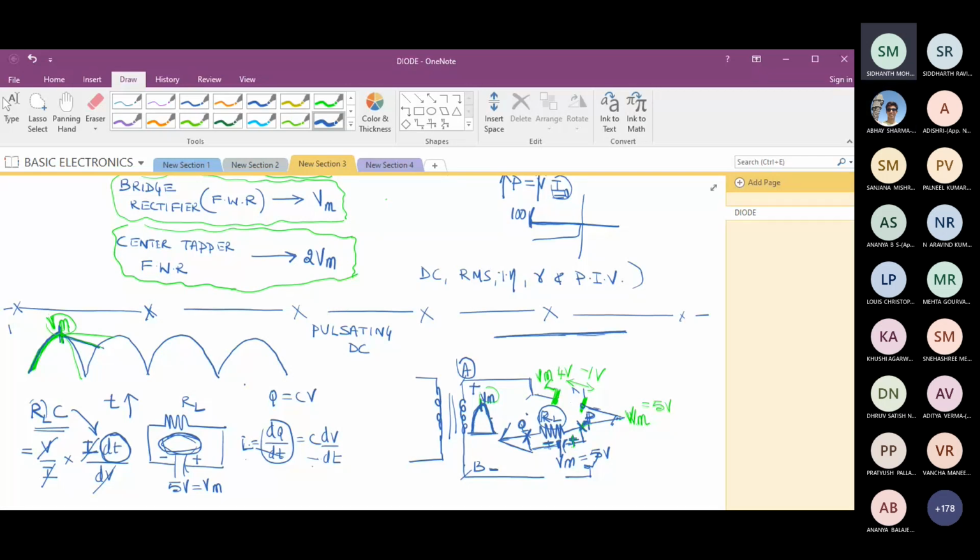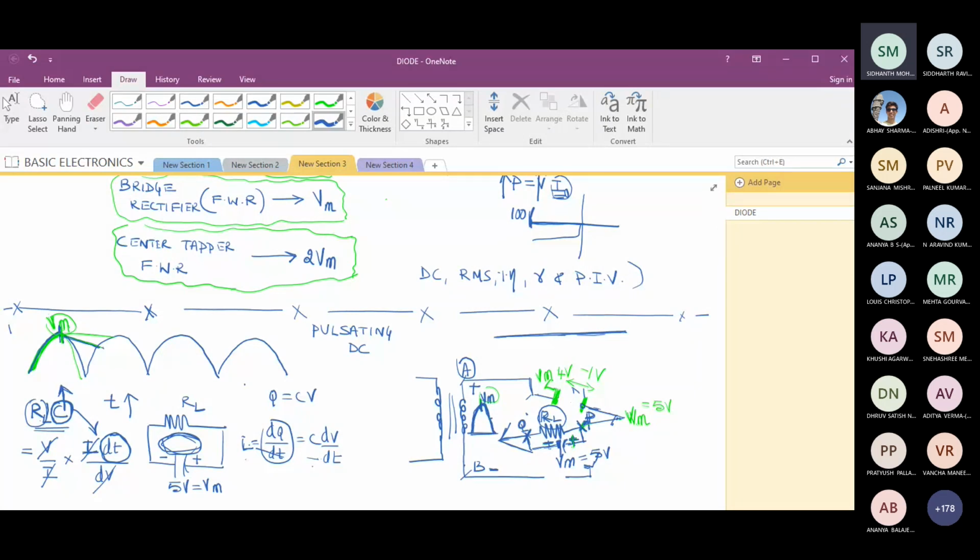Right? For that, what should I do? What should we do? RL, which is the load connected, this is not in our hand. For example, if you connect a mixer at home, you have to take the resistance value of that mixer. Am I correct? C, is it in our hand while designing? So can we raise the value of this? If I raise the value of this, will the capacitor slowly discharge?